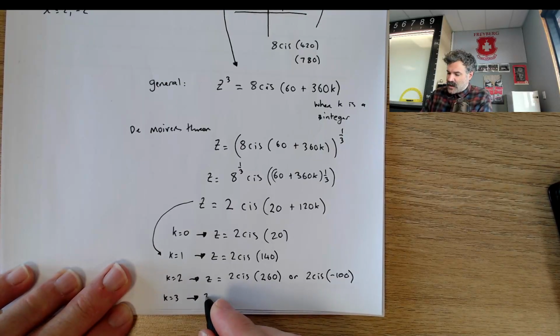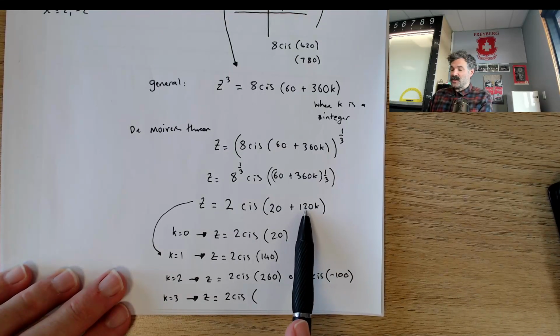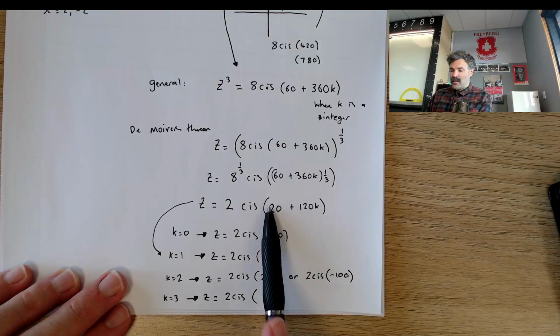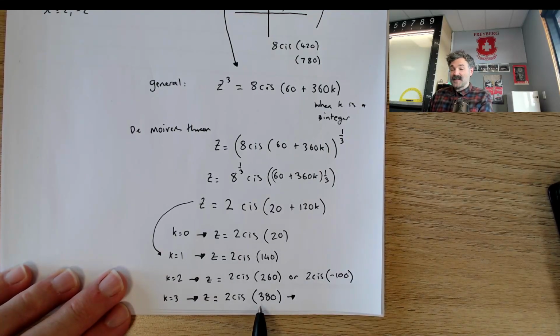When k equals 3, I get z is equal to 2 cis of adding 3 lots of 120, which is 360, plus my 20, that's 380. But this is actually the same. Think of it, 360 plus 20. 360 is just a full circle. That's actually the same as 2 cis of 20,